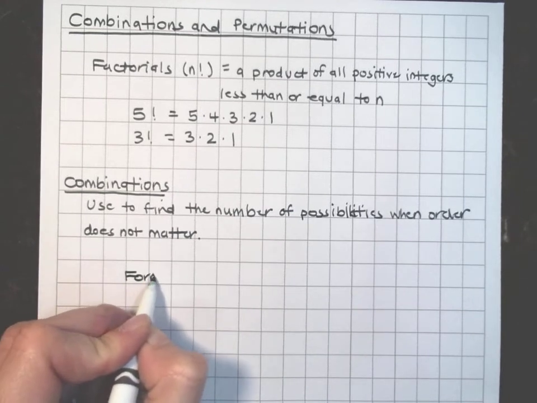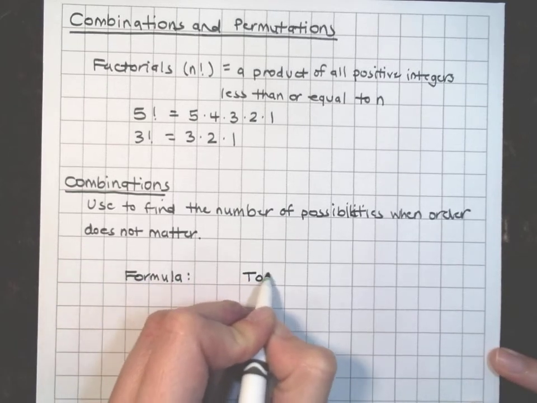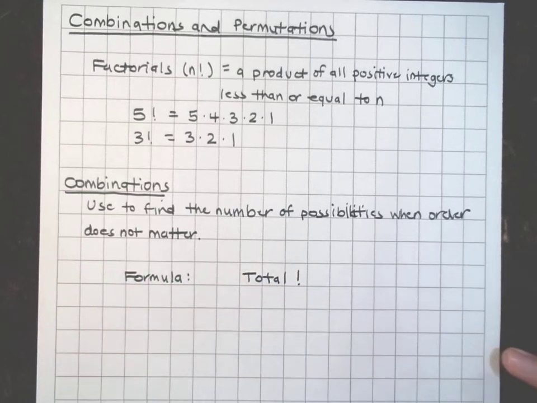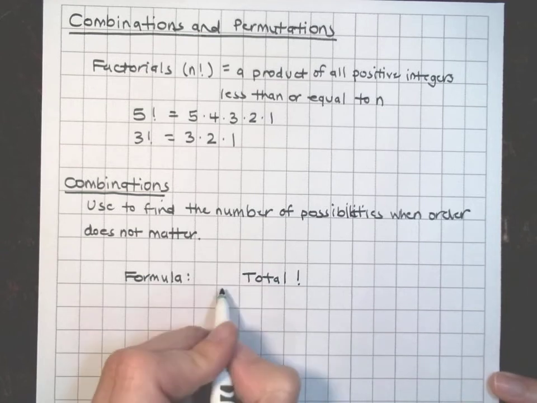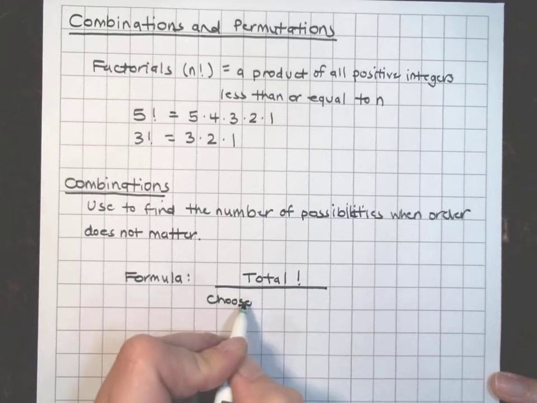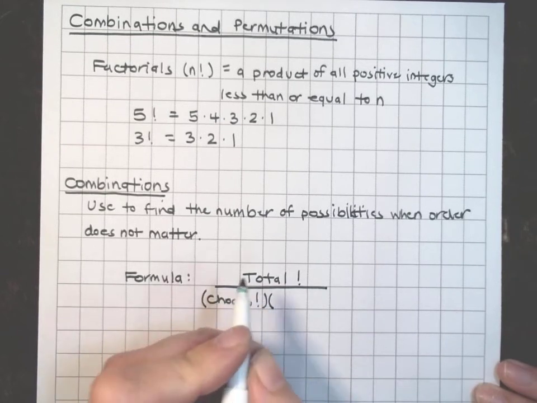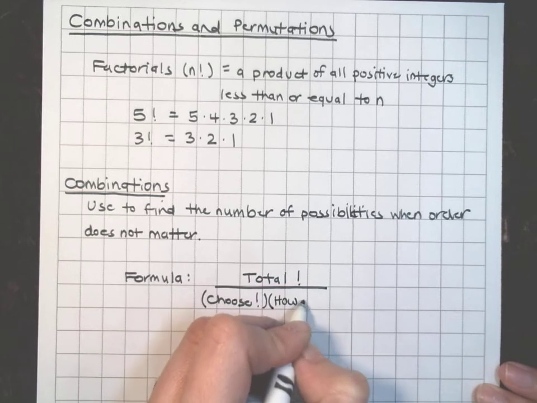And the formula to do this is we do the total factorial divided by the number that we choose, factorial, multiplied by how many are left